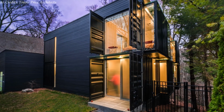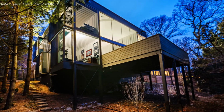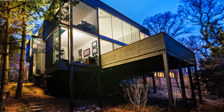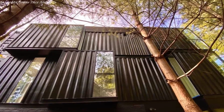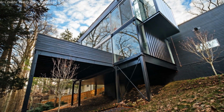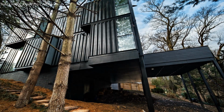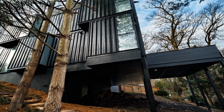Welcome back. This uniquely designed steel shipping container home in a corner of the world is located in Silver Spring, Maryland, and was designed by world-renowned architectural firm Travis Price Architects. This double-story house is built using two types of steel shipping containers comprising of 20 feet and 40 feet container